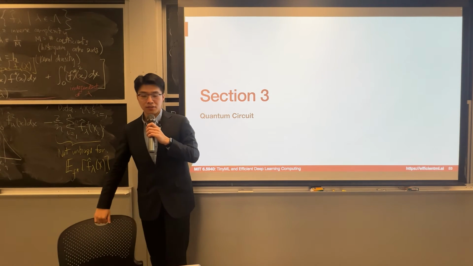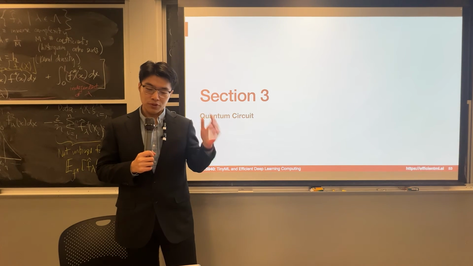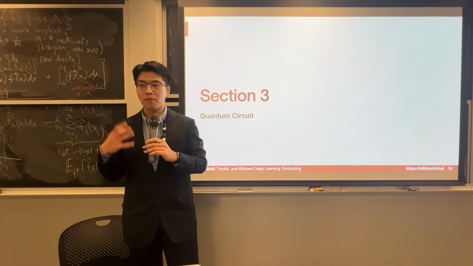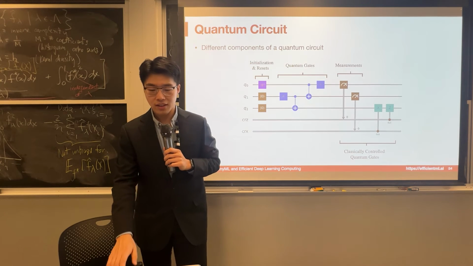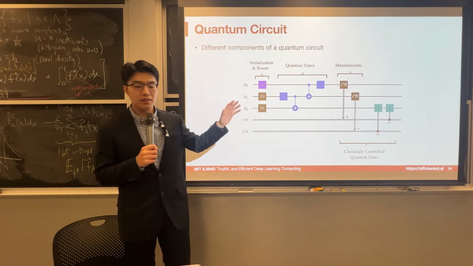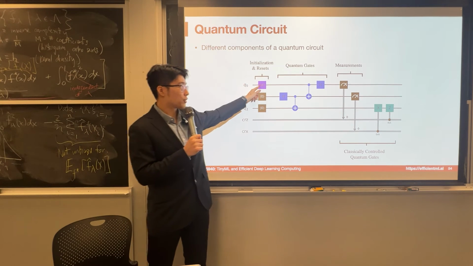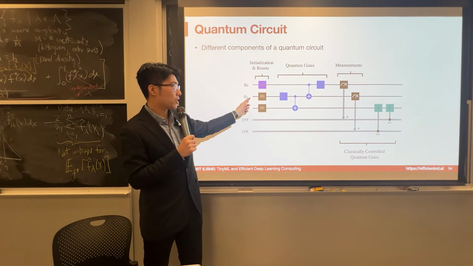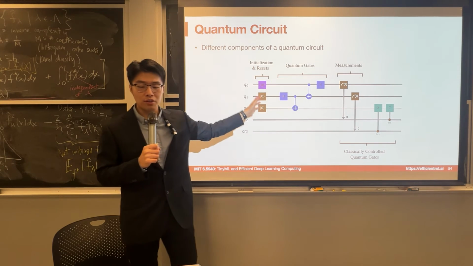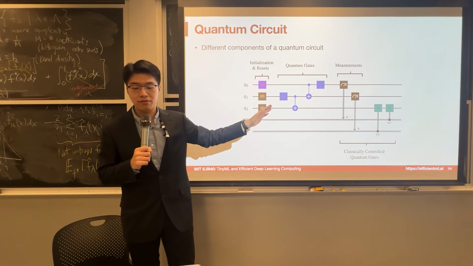Okay, so let's continue. We already introduced several basic operations in the quantum circuit. Here is a very simple example to show how we can construct calculations using those operations, right? A typical quantum circuit contains several different components. The first part is that we need to initialize the quantum circuit, for example, we initialize qubit 0 in some initial state phi, and maybe we initialize another to 0 or some other state, right? Then we apply some quantum gates to the qubits, say the Hadamard gates, the CNOT gates, and then we can do the measurement to obtain the final result.